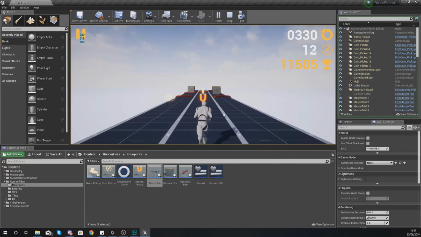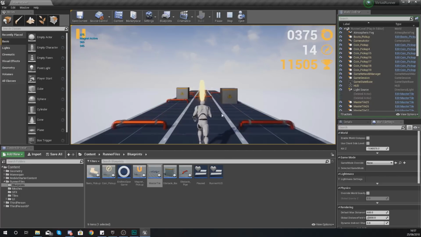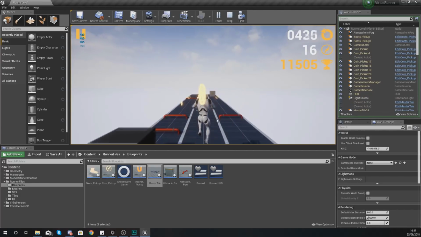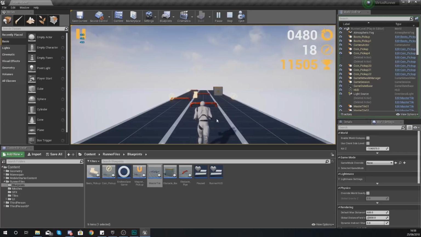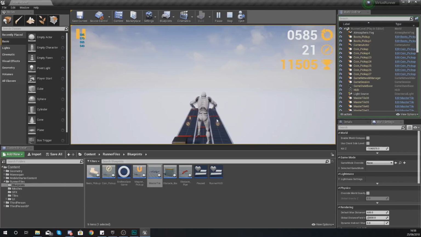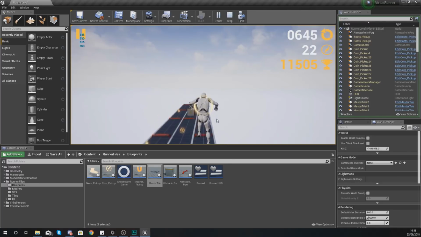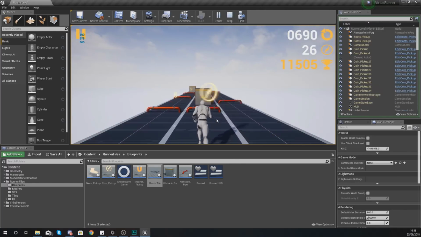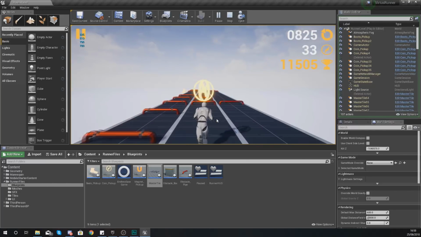Now bear in mind there is a pretty low probability of those boots being picked up, and that is okay, because that's what you want with a powerup. So you see this one here, I'm going to pick up those boots. If I jump now, you can see I am jumping twice as high. If I need to get down, I can use that downward movement that we set up earlier. Now with this